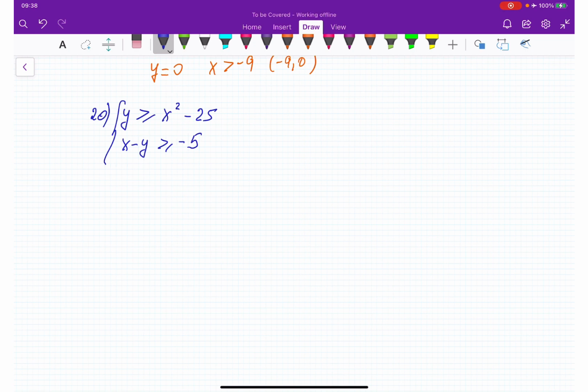All right, so first one, let me shade this one. So y greater equal x squared minus 25, which means when y is equal 0, we have x, let me see,